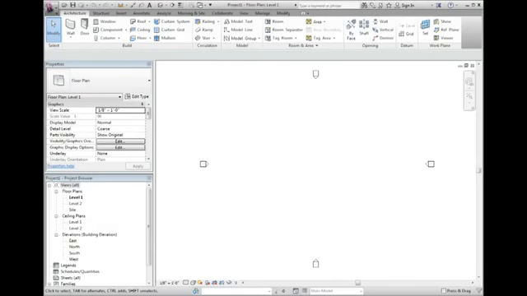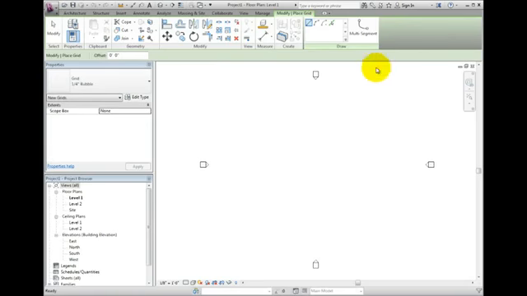Sometimes we need to create grids that are a little more complex than just a straight line. When this is the case, use multi-segment grid lines. First, let's look at creating a straight grid line. On the Architecture ribbon, in the Datum panel, click the Grid tool. In the Draw panel, you can see various tools that you can use to create grids. The default selection is Line. Moving to the Drawing area, I can select a starting point and then an ending point, and the grid will